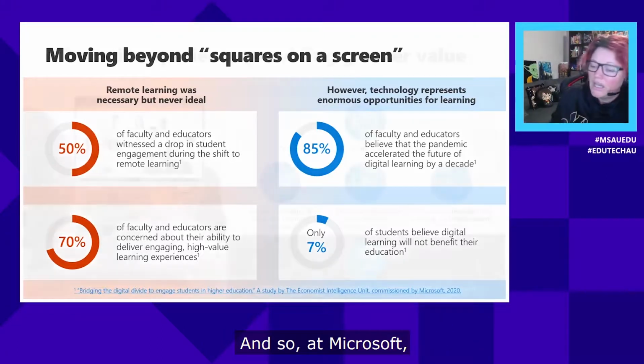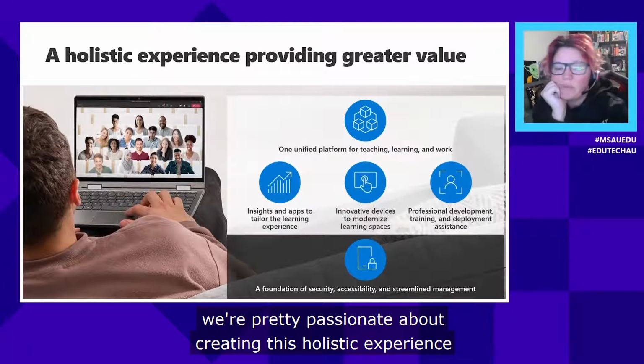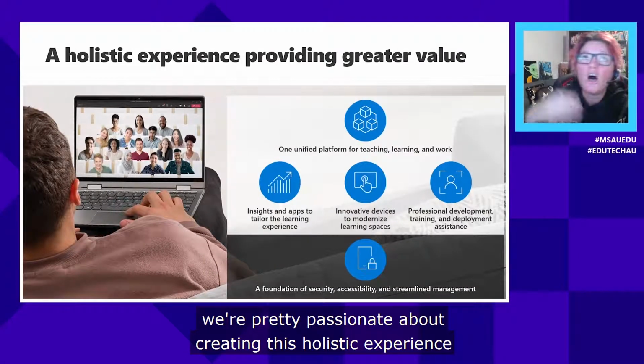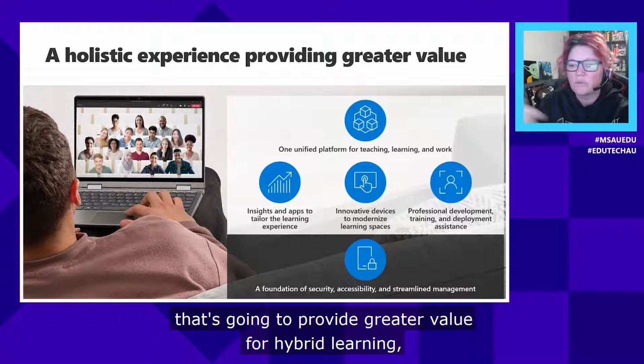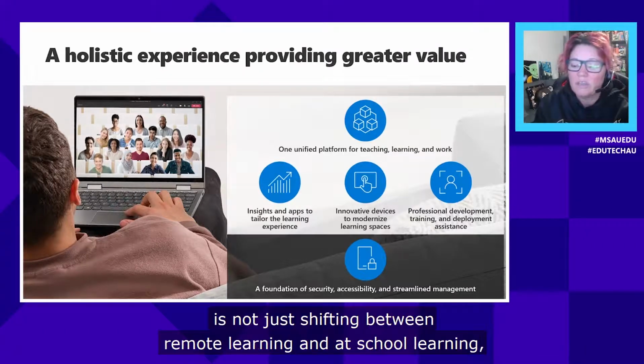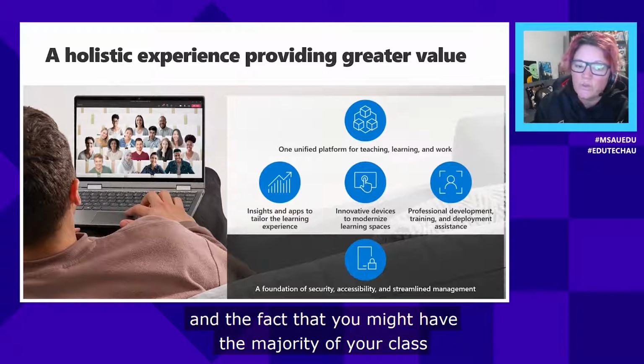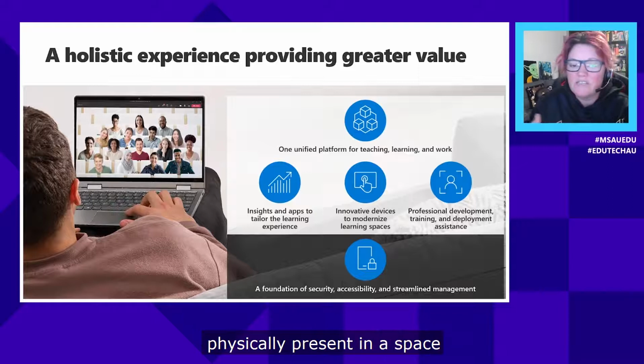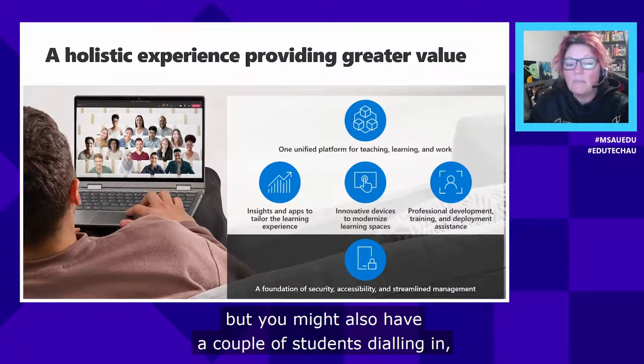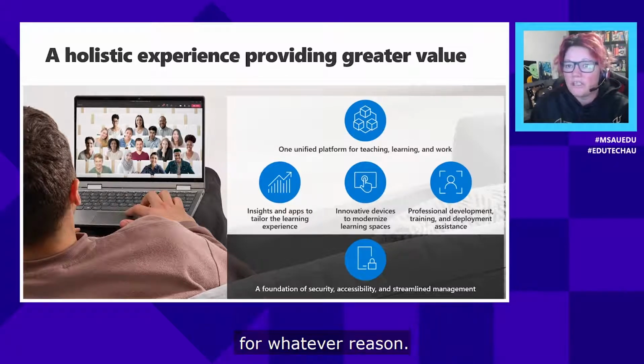And so at Microsoft, we're pretty passionate about creating this holistic experience that's going to provide greater value for hybrid learning, and acknowledging that hybrid learning is not just shifting between remote learning and at school learning, but a balance between the two. And the fact that you might have the majority of your class physically present in a space, but you might also have a couple of students dialing in for whatever reason.